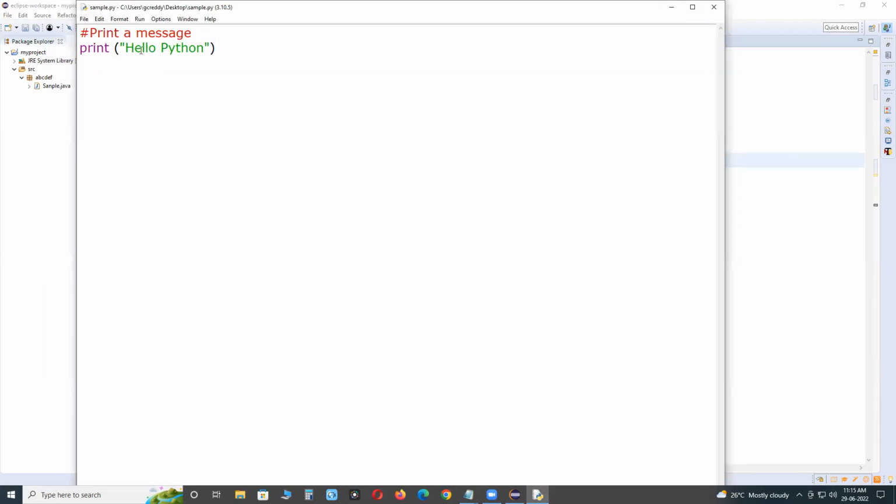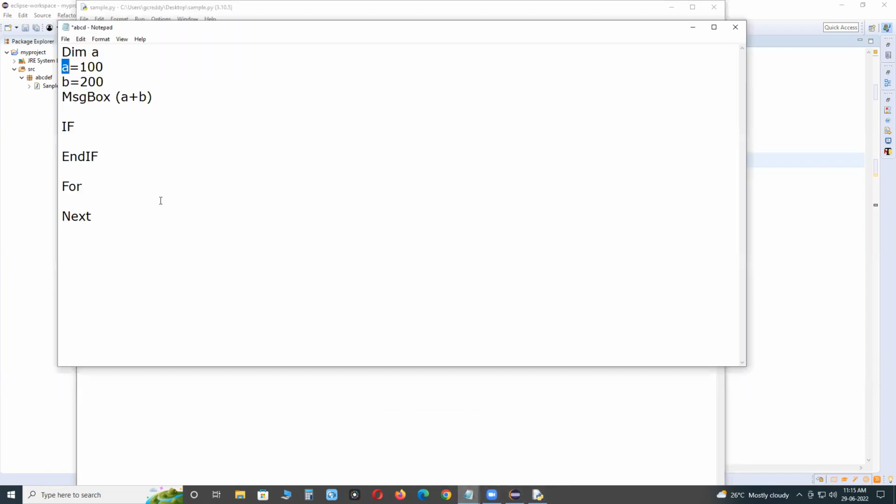Comment is only for readability. Suppose Visual Basic Scripting Edition. Where is it? Visual Basic Scripting Edition. Suppose you can write a partial line, single quote. Partial line as comment means part of the line as a comment or the complete line as a comment.